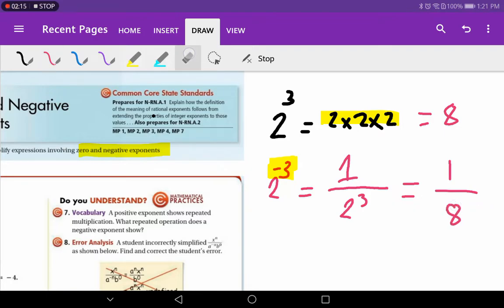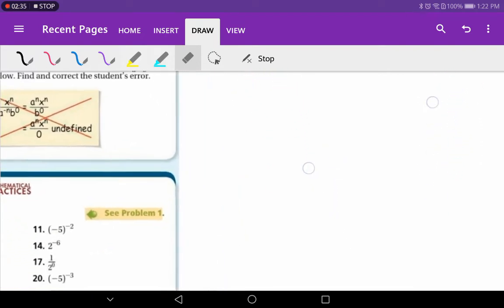See what is the difference now? That means the negative exponent, I have to put it down. Yes, till now. But teacher, if I have it like this,